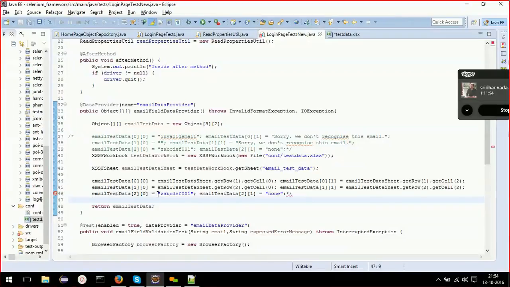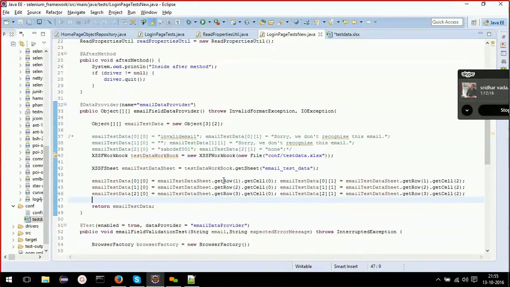Lastly, this is next, row 3, cell 0, row 3, cell 2.